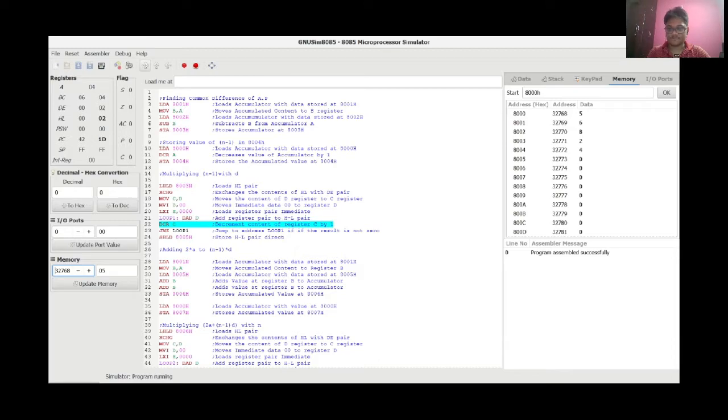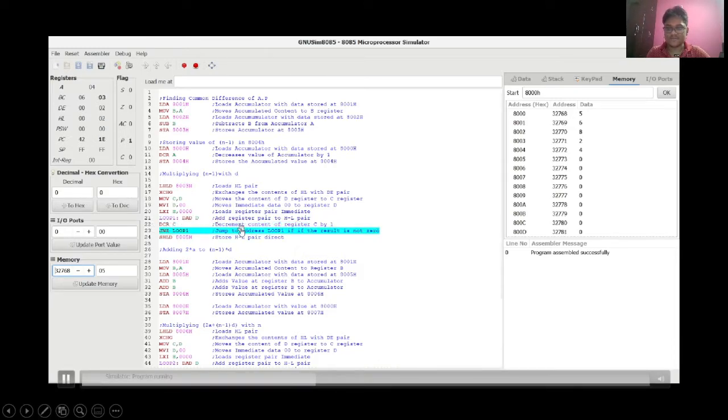Then after that, this loop 1 address, as you can see, this code will run until the result is not 0. So as you can see, result here is 3 at the moment. So this loop of code will keep running until C becomes 0. So in this loop code, we have add register pair to HL pair. Then we decrement the content of the register by 1. Then we jump to address loop 1 if the result is not 0. So it's still going because the result is still not 0. Now it is 0, so the loop will break. So then we finally store the HL pair into 8005H address. So we got 8 as expected because 4 times 2 is 8. This is what we were expecting.